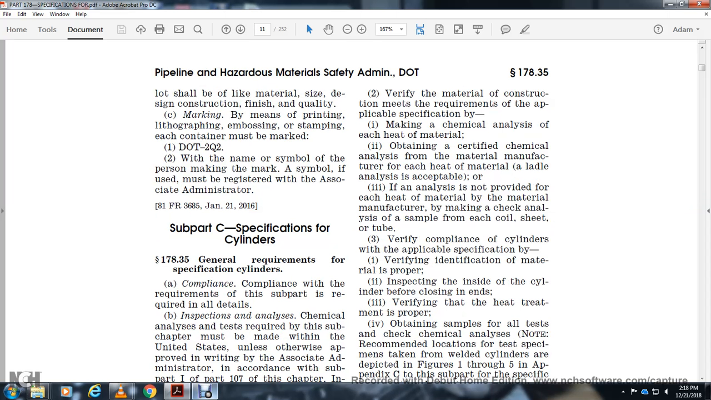heat of the material, obtained with the certified chemical analysis from the material manufacturer. The heat of the material with the ladle analysis is acceptable, and if an analysis is not provided for the heat of the material, the manufacturer must make a check analysis, marked with the symbol for each coil and sheet, and the tube, verifying compliance with the applicable cylinder specification, verifying identification of the material is proper, and inspecting the inside